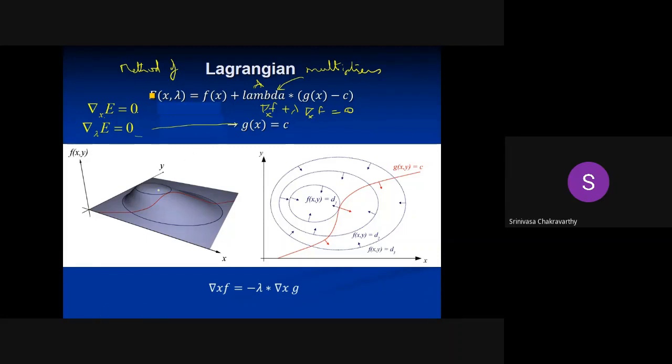Imagine the function we are trying to optimize, f of x, is something like this, like what we showed. This is a surface of f of x, this gray mountain-like thing. Now the constraint is g. The picture is showing it in 2 dimensions. So the constraint is g of x comma y equal to c, which goes like this. Now if I look at the top view of this function, the dotted closed loops that you see correspond to different values of f of x comma y.